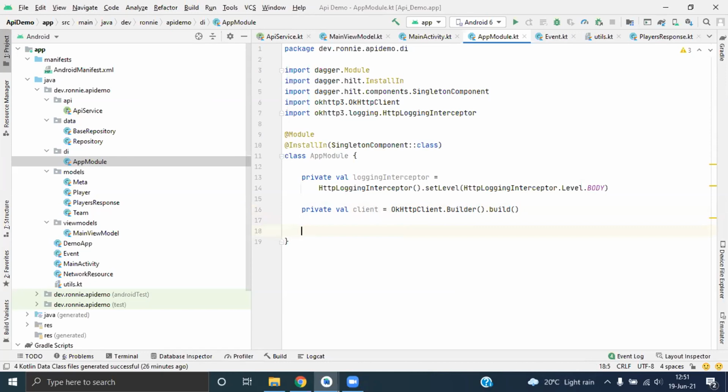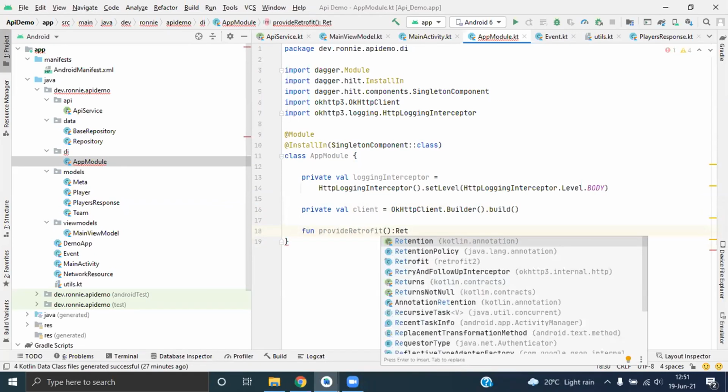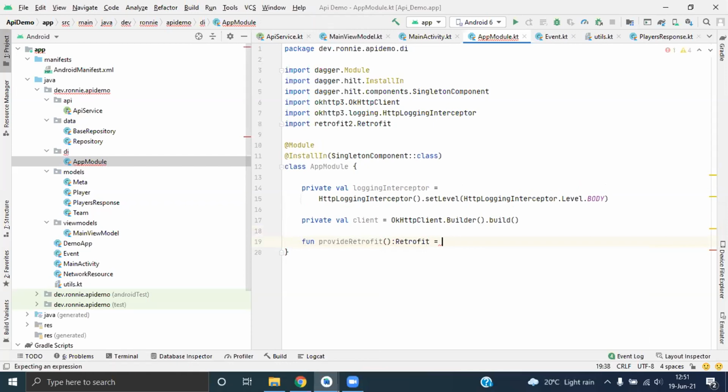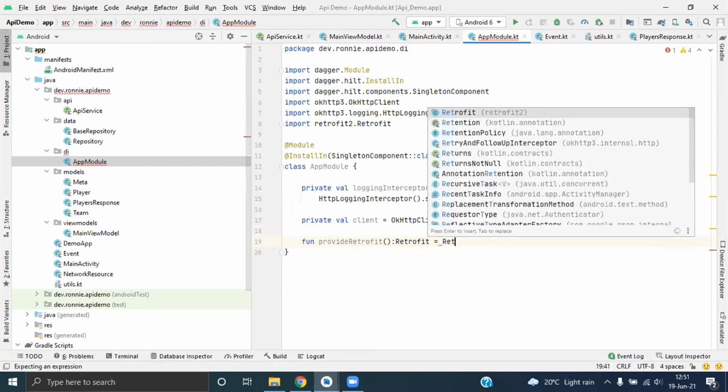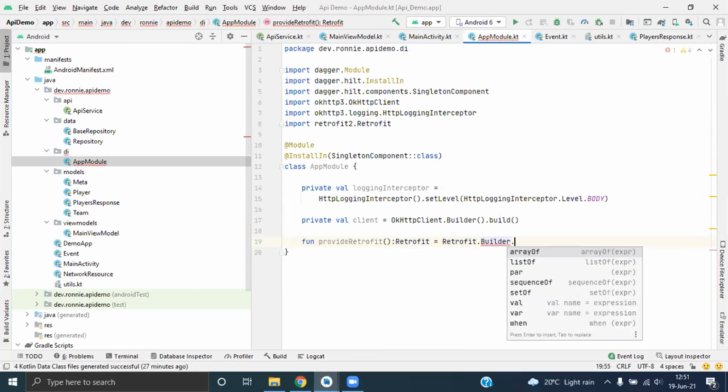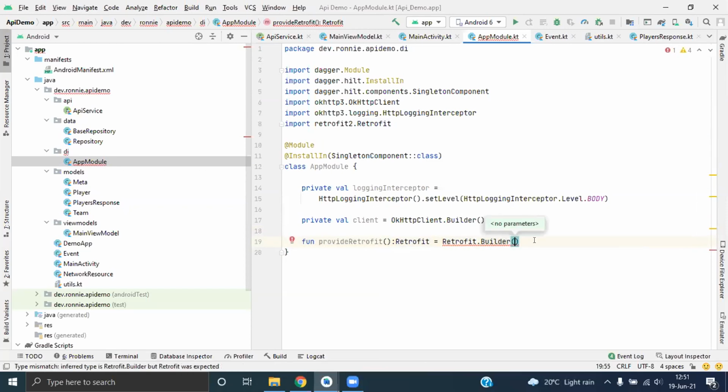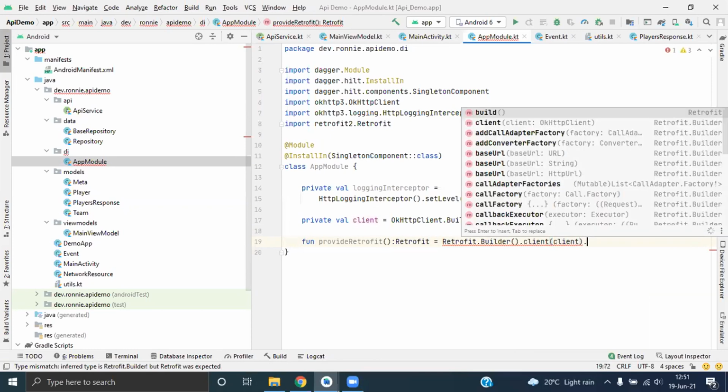Yeah. So now let's provide fun, provide Retrofit. We need to add the client as our HTTP client, then base URL.